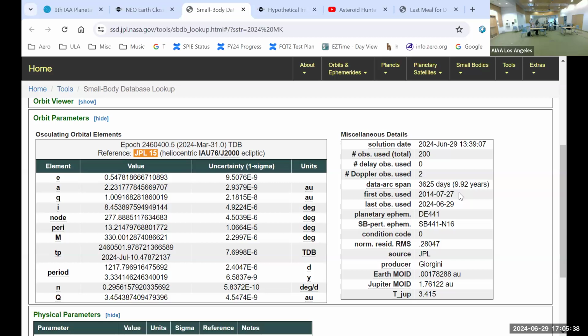So my guess is that they probably discovered it this year and gave it 2024, but they went to archived pictures of the sky that exist for decades and said, let's see if we just didn't detect it 10 years ago. And apparently it existed in those archived photos of the sky 10 years ago. Situations like this have a special name. They are called recoveries. So we discovered them before they were discovered, because we really saw it for the first time sometimes this year. But the data for it existed back then.